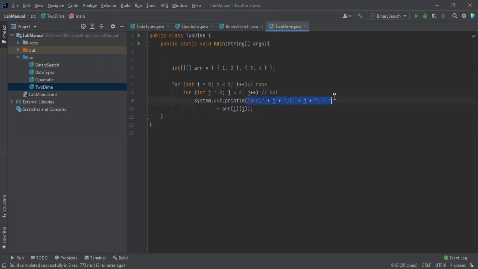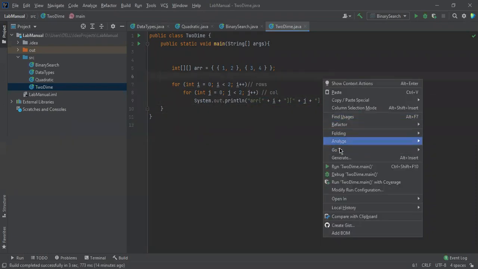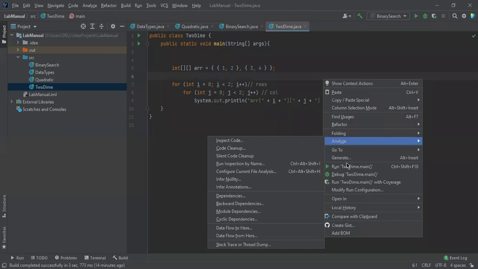Don't memorize this, this is just for information. And I'm going to concatenate the values. Let me show you that. So I'm going to print all those values. I think you are familiar with this because you already did this in C language, right? Let me run this program.